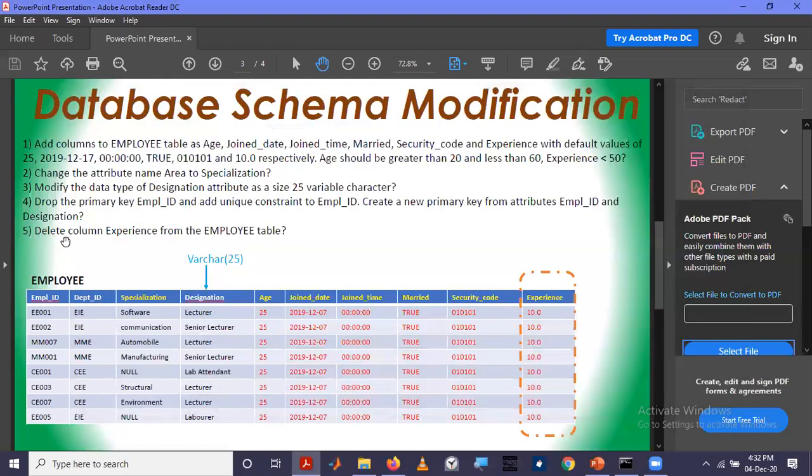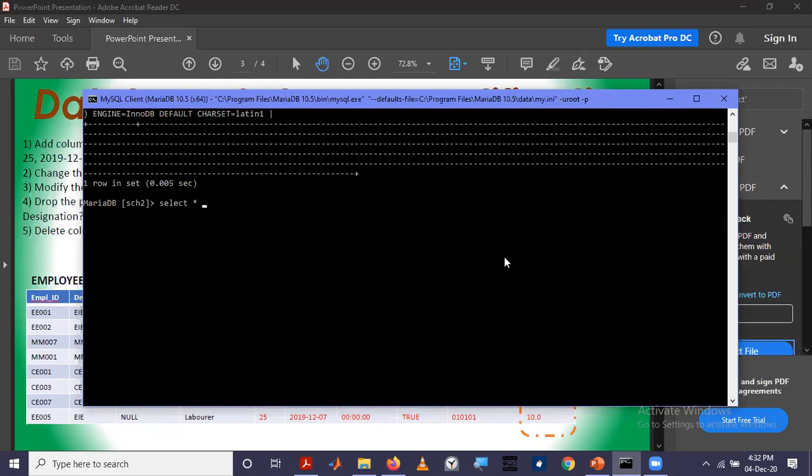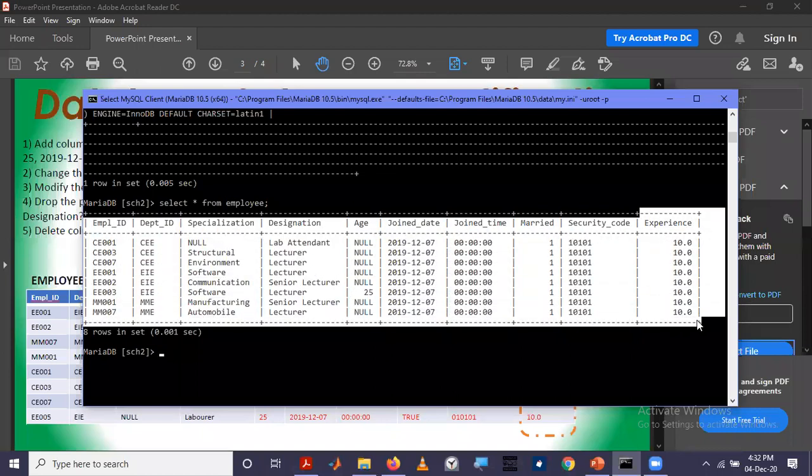Okay. So at last we are asked to delete this column from the table. If you see all tuples from this table, you can see there is a column known as experience. So we are asked to delete this whole column.